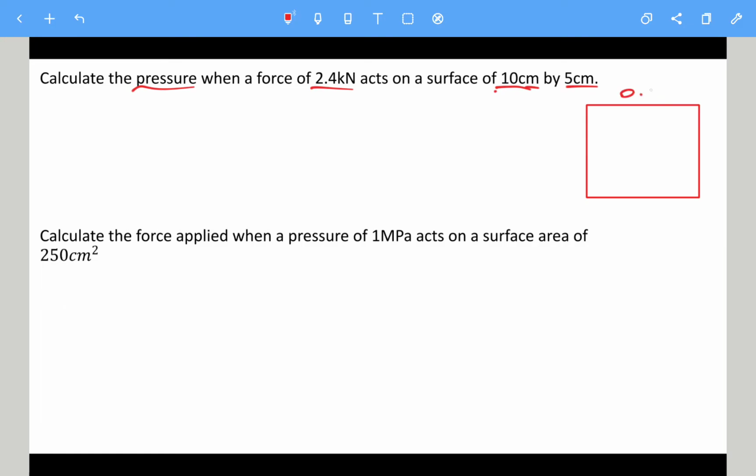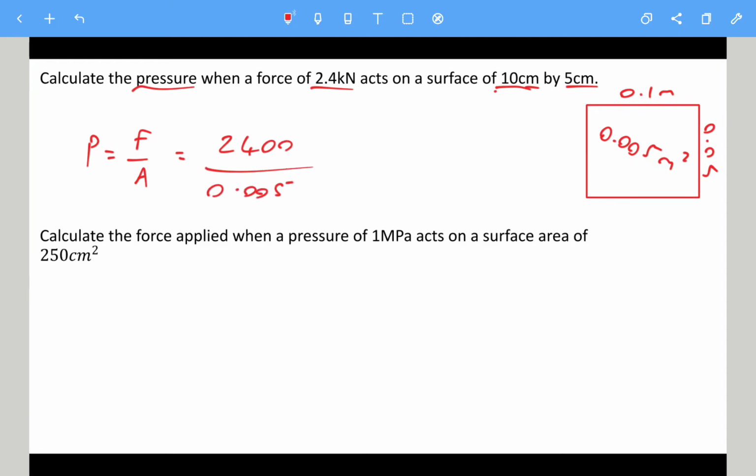So that'd be 0.1 meters, divided by 100, and 0.05 meters. So that gives us an area, we need to multiply them two together, of 0.005 square meters. And then we can do pressure is equal to force over area. So the force is 2.4 kilonewtons, so that's 2,400 newtons divided by 0.005 square meters, which gives us 480,000